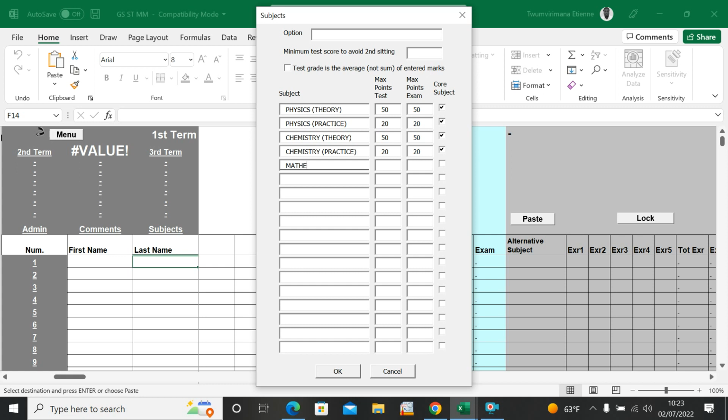Now I have mathematics. Mathematics, it's over 70. Test and exam over 70. It's a core subject too. I have entrepreneurship. It's over 50. And down here